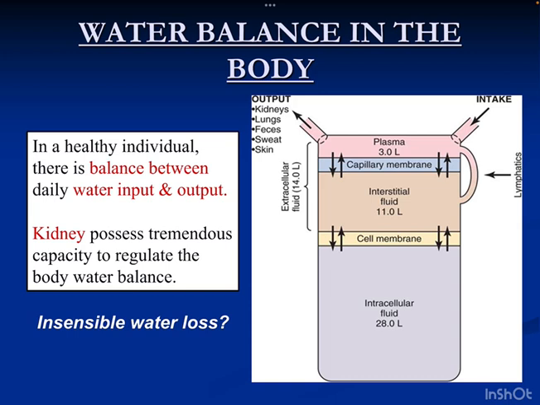Now let's talk about the water balance in the body. In a healthy individual, there's always a balance between water input and water output. So intake and output should be balanced in a healthy state. Intake is in the form of drinking, in the form of food intake, and there are also the specific dynamic actions of the food, which also generate some amount of fluid in the body, while output is mainly through